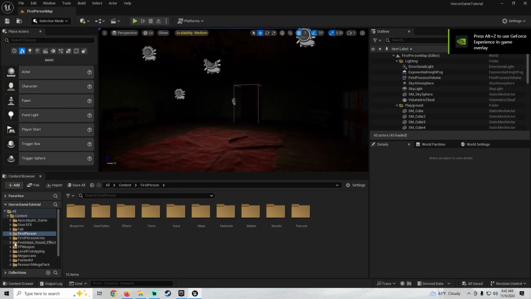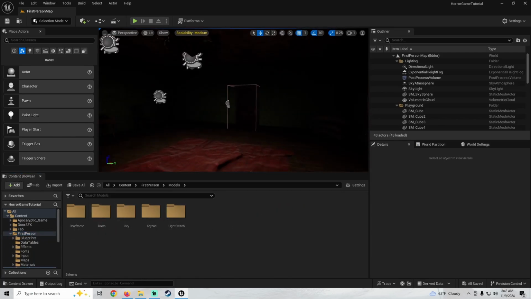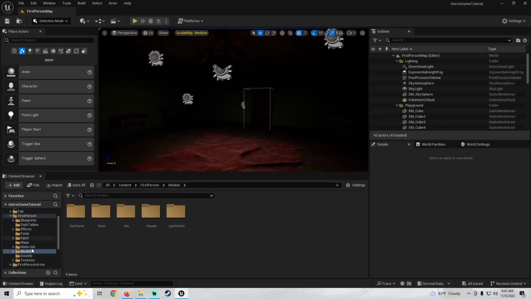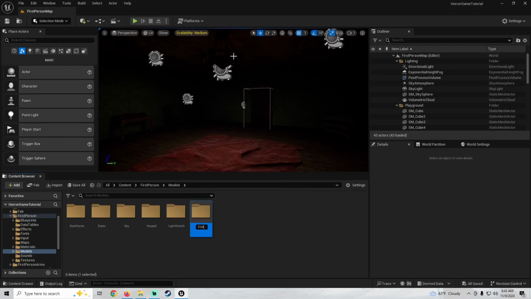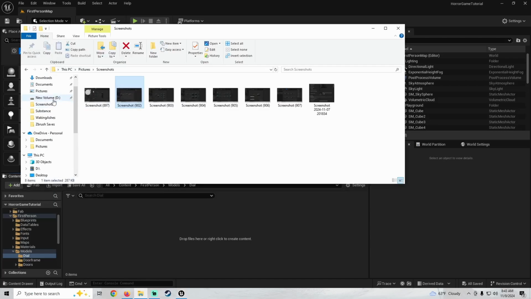Alright, so first thing we're going to do is go into our first person folder, go into our models, and bring in our dial. If you want the model for this, you can grab it. I'll leave a link in the description. But yeah, we're going to go in our first person models folder. We're going to make a new folder in here called dial. Open this guy up, and I'm going to go find my